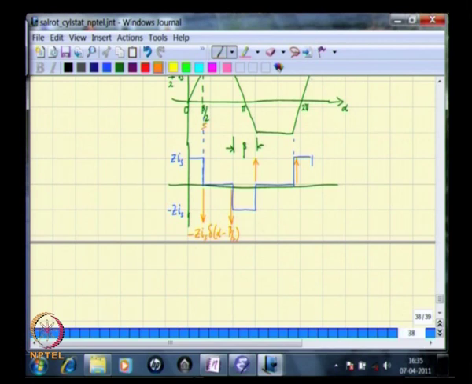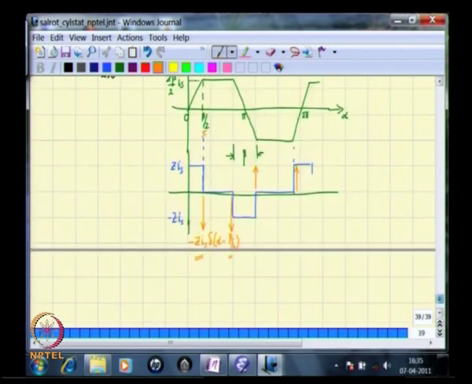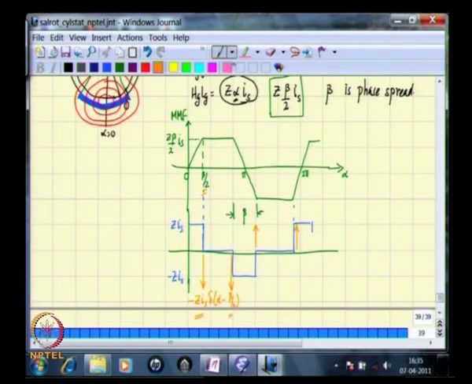So the strength of the impulse is minus ZIS and it occurs at an angle beta by 2, so it is ZIS delta of alpha minus beta by 2, and 90 degrees of the waveform occurs here, this is pi by 2, so here you have pi by 2,